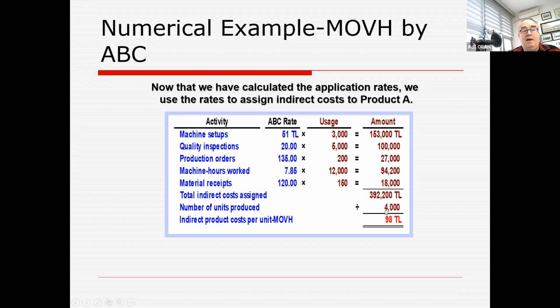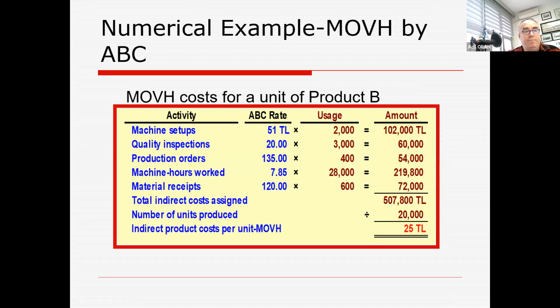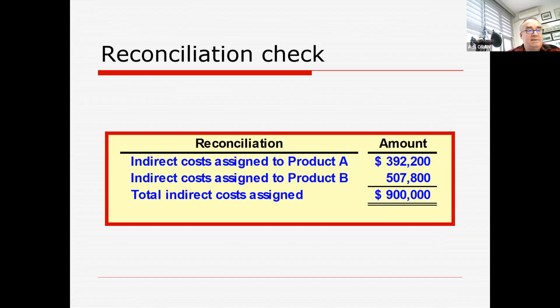And if we divide that by how many units we expect to produce, 4,000, that means that we should have manufacturing overhead of 98 lira per unit produced of A. If we do the same thing for B, we end up with 25 lira overhead per unit produced. So total indirect costs of the 900,000, 507,800, more than 50% goes to this, but when divided by the 20,000 units, 25 lira each. So that means that the total 900,000 has been assigned to A and B, and then divided by the units